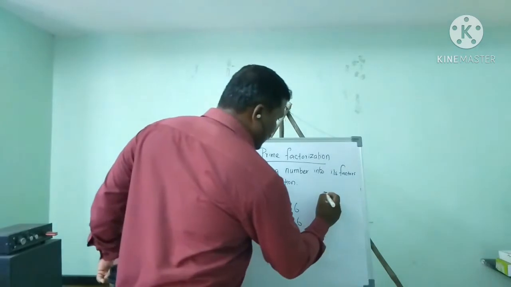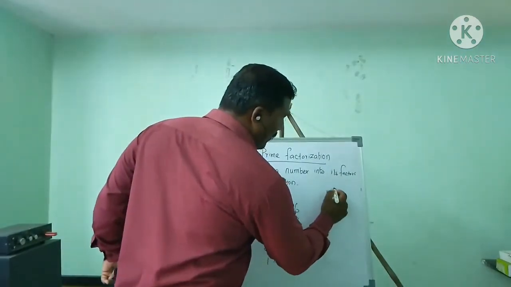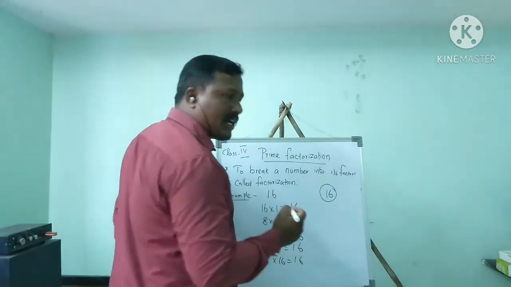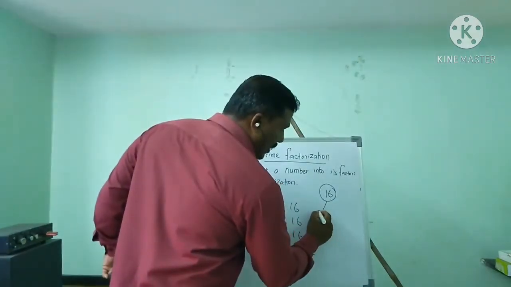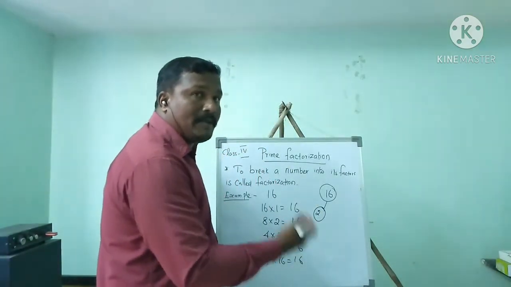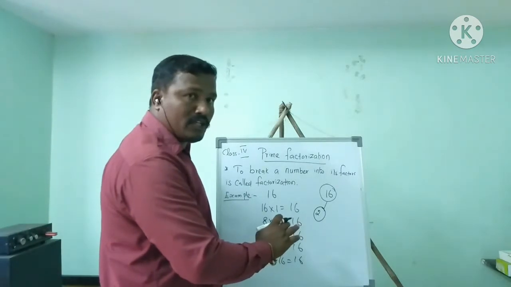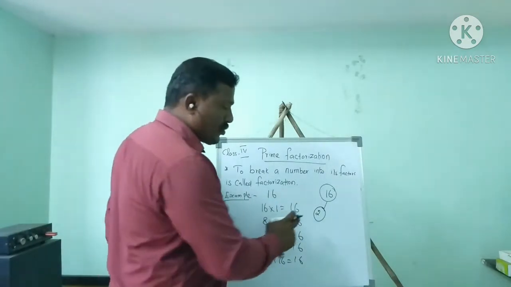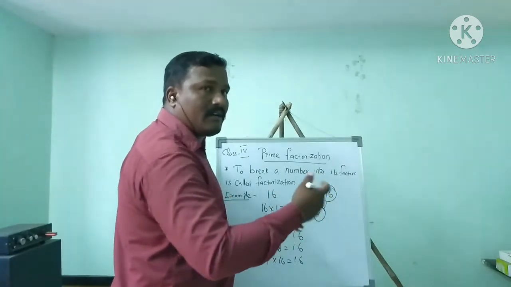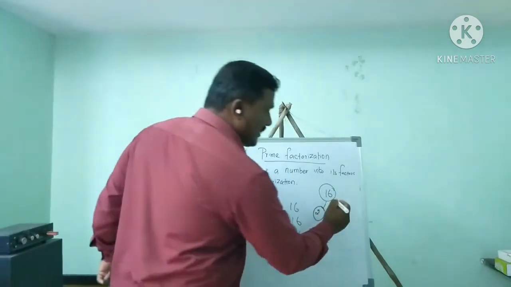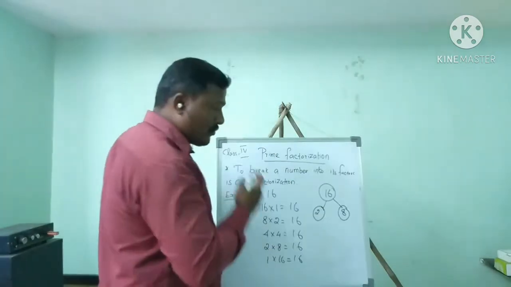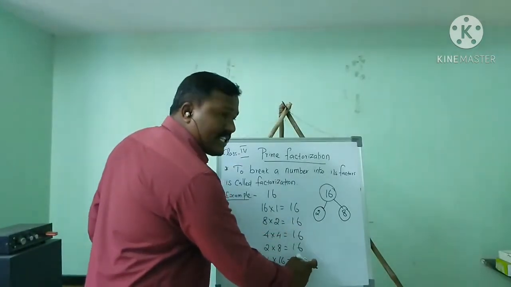Okay, see 16, same 16. First I will divide by 8, 2 eights are 16. So 2 I will put this side because I can't divide it anymore. If you divide, we can't get a factor. So this is the end. I will put it this side, but 8 we can divide more, so I will put that side. See this side 8. So we have to take up to the end these 2.